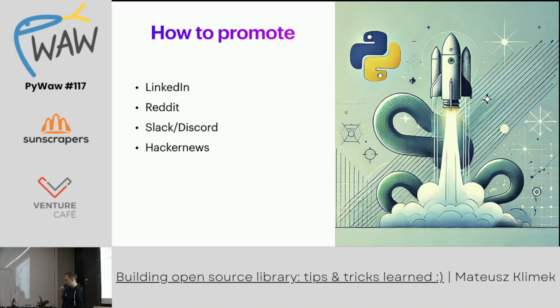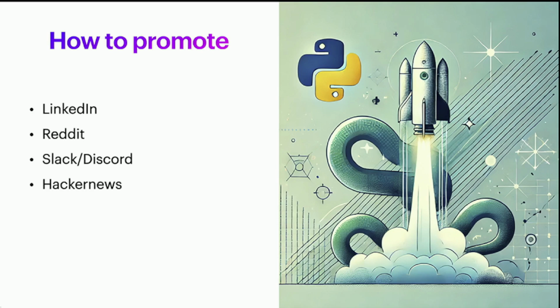Okay, so now assuming you actually do that and push this package to PyPI, it's live, like any other open source library. The question is how to make people actually use it, actually play with it. I was doing mostly four things. Probably there are other things you can do, but I'll just describe what I tried and what worked here. So the first thing is, you can obviously write on your LinkedIn that you wrote this great package,